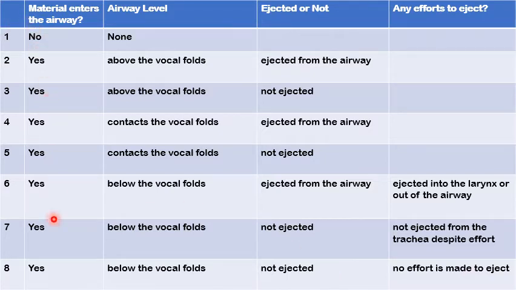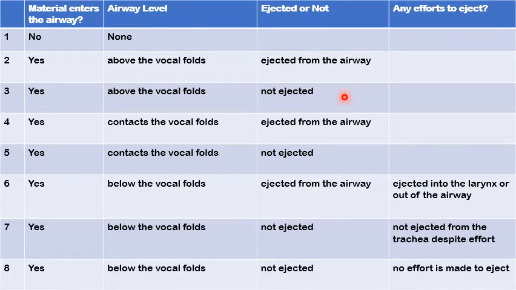Between 1 and 8, it goes into different levels according to the depth of the invasion. In 2 and 3, the aspirate material remains in the supraglottis above the level of the vocal cords. In number 2, the material is ejected after it penetrates into the supraglottis. In number 3, it does not eject because there is a failure of the sensory element of the supraglottis, the